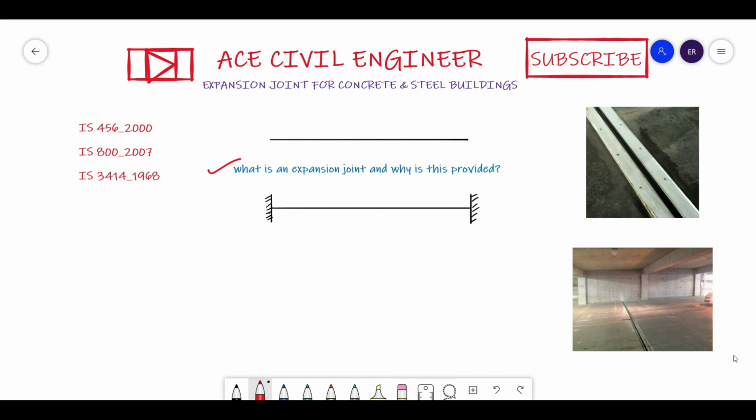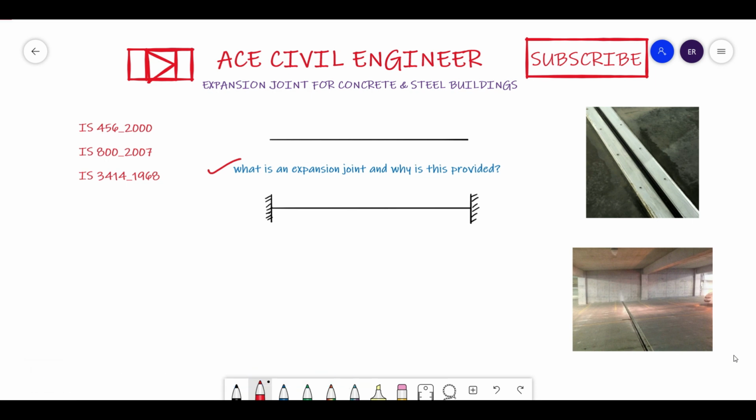An expansion joint is a periodic gap which is provided in basically all building structures. It is a gap provided by engineers like us, or by the architects as well, to allow for the movement of the building during temperature changes. So this is found in various sections of the structure, either in a slab or in bridges, etc. In different cases we do find this.